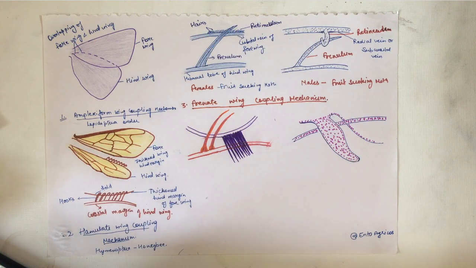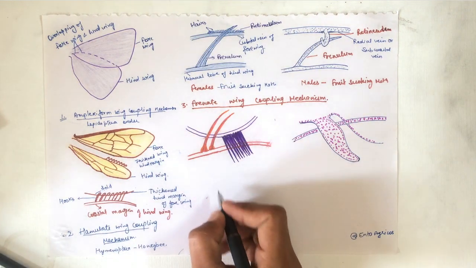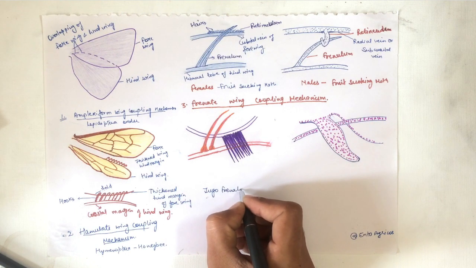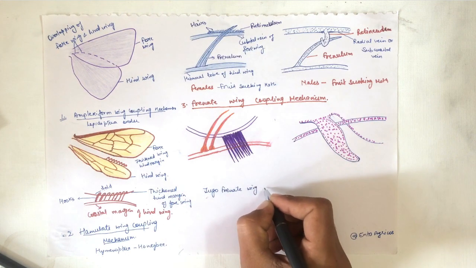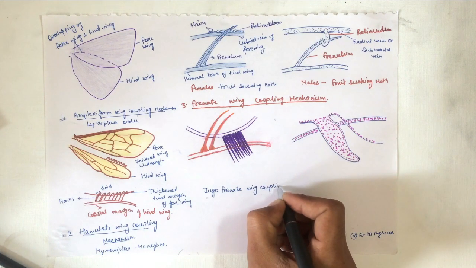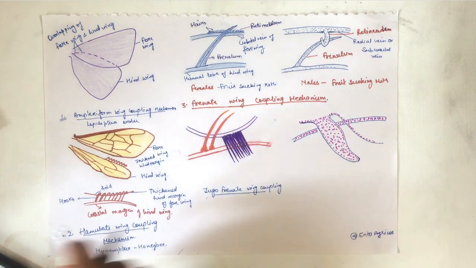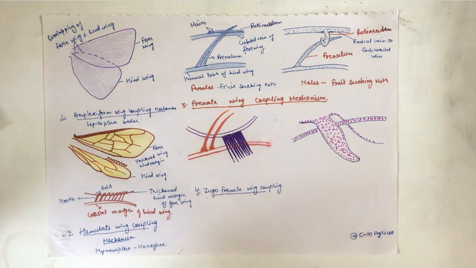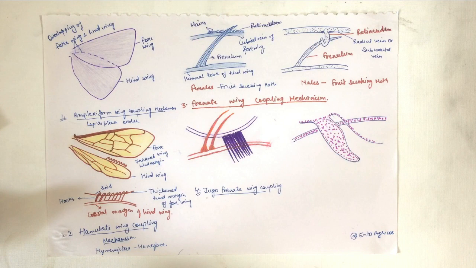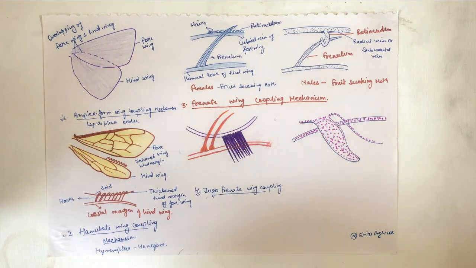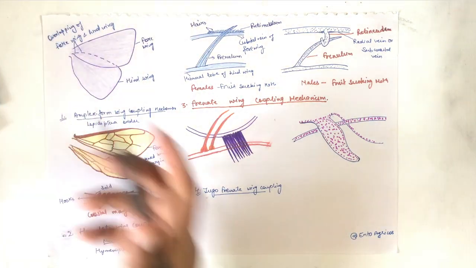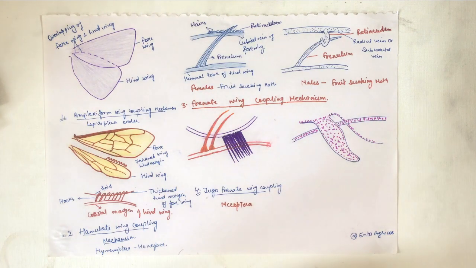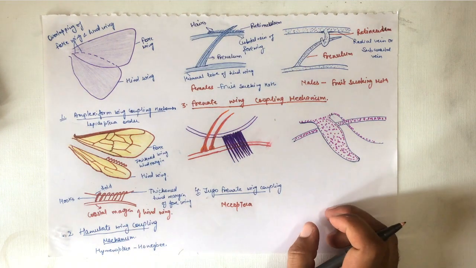So next one is the jugofrenate wing coupling. In case of the jugofrenate wing coupling, this is present mainly in case of order Mecoptera. In this kind of wing coupling,